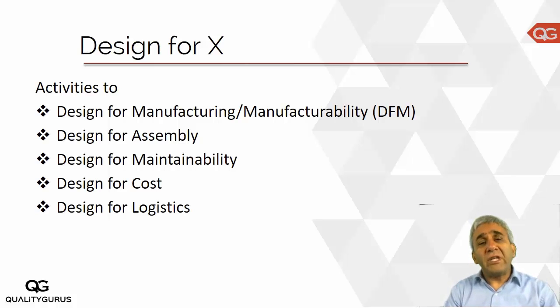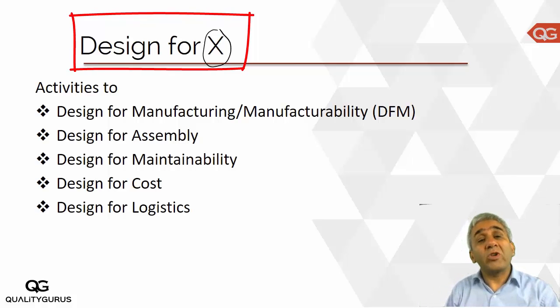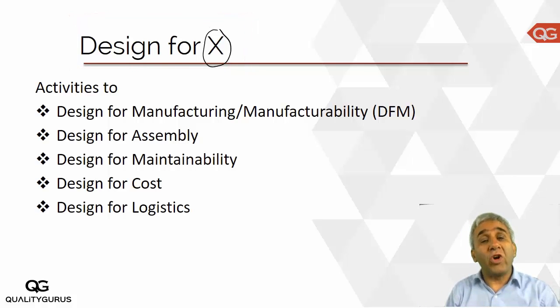In the study of DFSS, Design for Six Sigma, this is another important topic, which is design for X. And when I say X, this is a characteristic of the product or the process which we are focusing on. So during the design, you could be focusing on a number of characteristics, a number of factors. But here, when we say design for X, you have special emphasis on a particular characteristic.